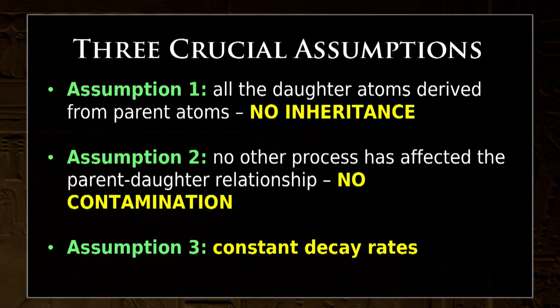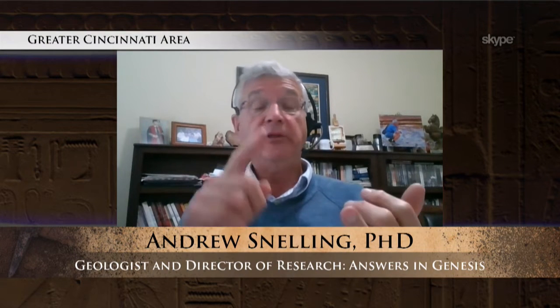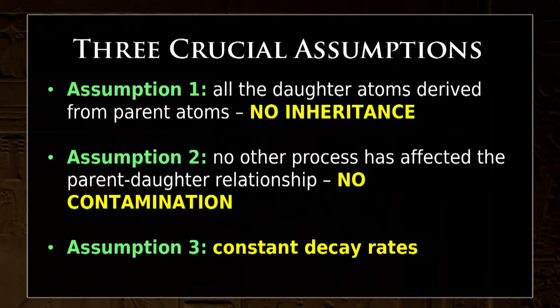And we said that these assumptions are not provable because there were no geologists back there millions of years ago to check that the decay rate's been constant. There was the starting conditions, and thirdly, no contamination. And so these assumptions are not even reasonable based on real-world examples that we can talk about. Well, let's do that. Let's talk about those real-world examples.